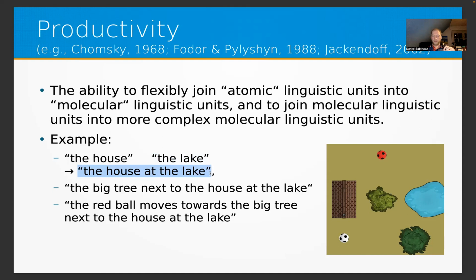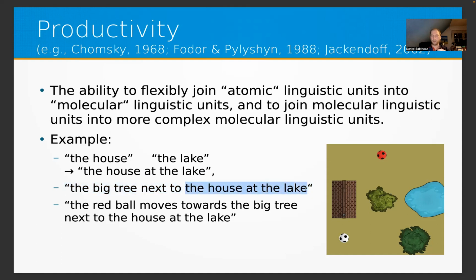And this can continue with a very large amount of flexibility. So, for example, we could join that phrase, the house at the lake, into yet a larger phrase, the big tree next to the house at the lake, right? So this is now what you might call a molecular phrase, which contains the smaller phrase, the house at the